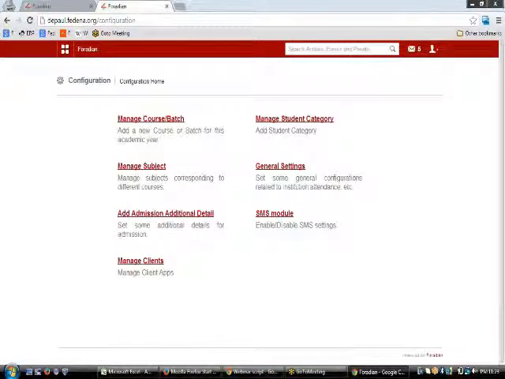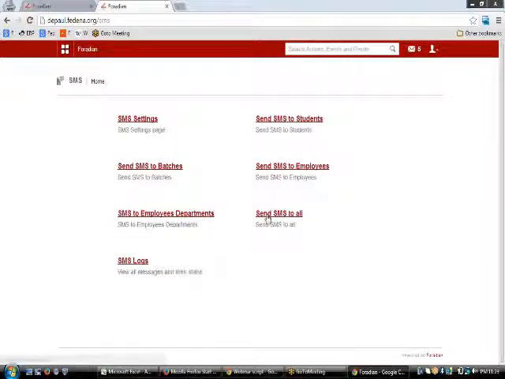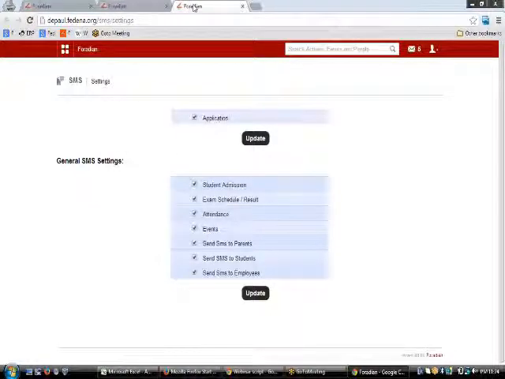So finally, we are left with the last part of the settings, which is called the SMS module. The SMS module comes up with these SMS settings. First of all, please note that we need to have an SMS third-party vendor to regulate all our SMS details. Once we have configured all of our SMS account, we'll be all ready to send SMS from our application.